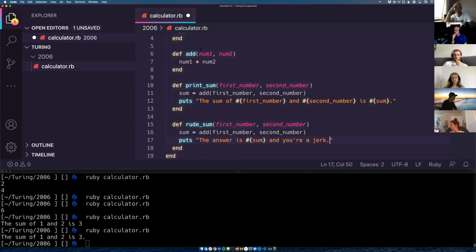Does that clear things up a bit more? I don't have to reinvent the wheel. I know how to add. I did it the first time. Now, whatever code I write,